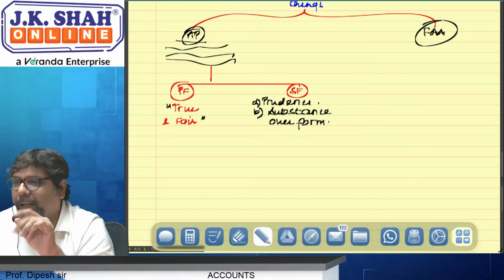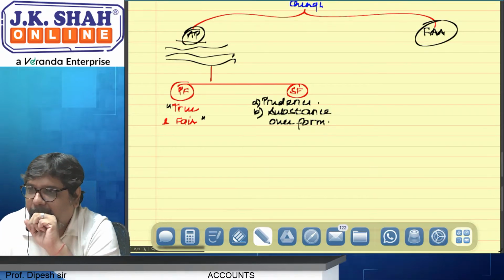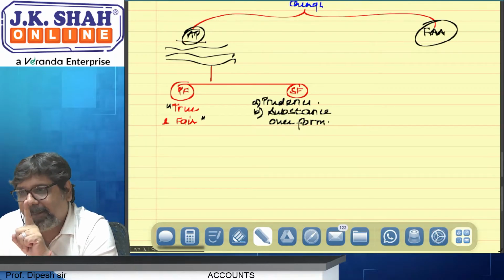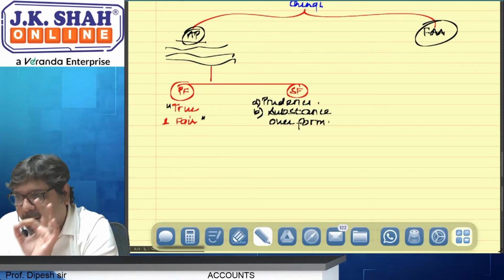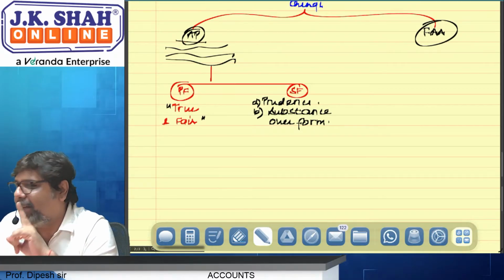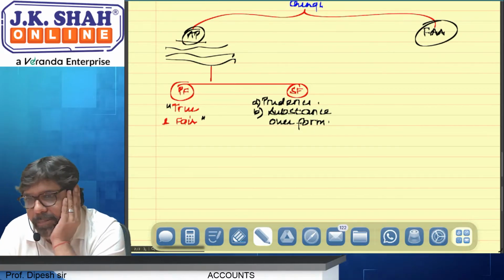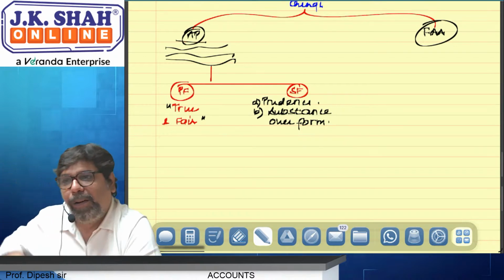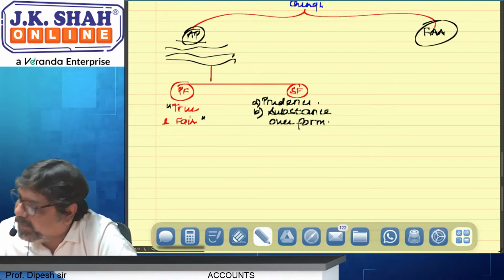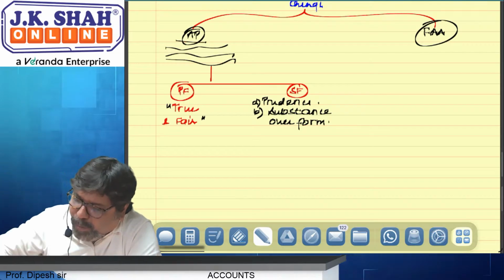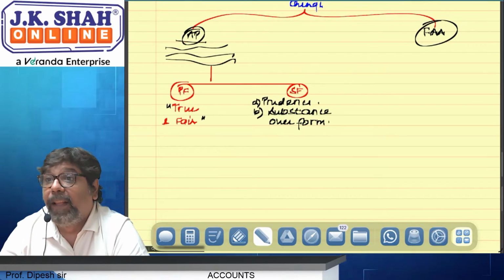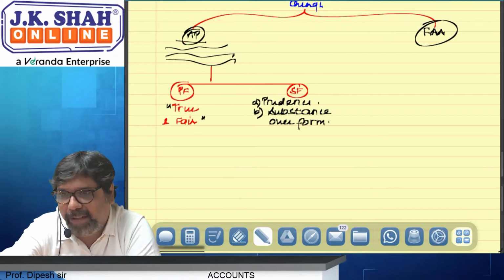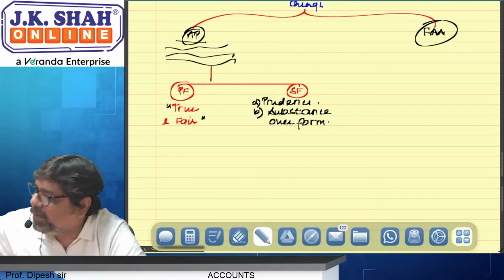मेरे पास एक गोल्ड 1 लाख रुपीस का. ठीक है. I sold gold to Vidhi for 1 lakh, and I told Vidhi, I will buy this same gold from you after 1 year for 1,20,000. I sold gold to Vidhi for how much? 1 lakh. And I told Vidhi, after 1 year, I will repurchase that same gold from you for how much? 1,20,000. So it is sold, and then after 1 year, I will repurchase, yes or no?